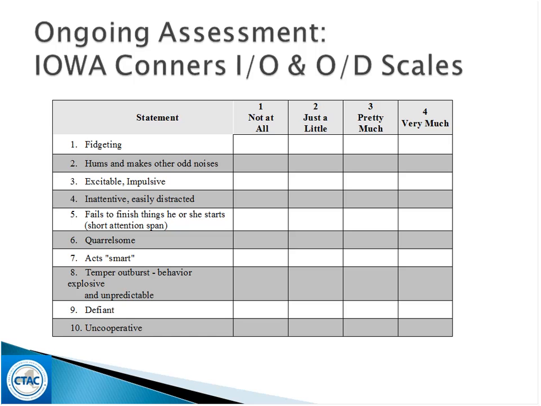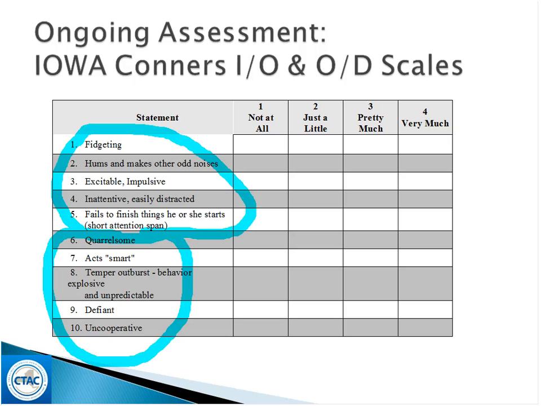It's a 10-item measure that has 2 subscales. It has been used extensively in research and in clinical work for kids with disruptive behavior disorders. The first 5 focus on inattention and overactivity, which are ADHD symptoms. You can see here, these first 5 are just ADHD symptoms. The second subscale is the OD subscale, or the Oppositional Defiant subscale. You can pick just the OD scale. It just has 5 items, right here, and they are summed.